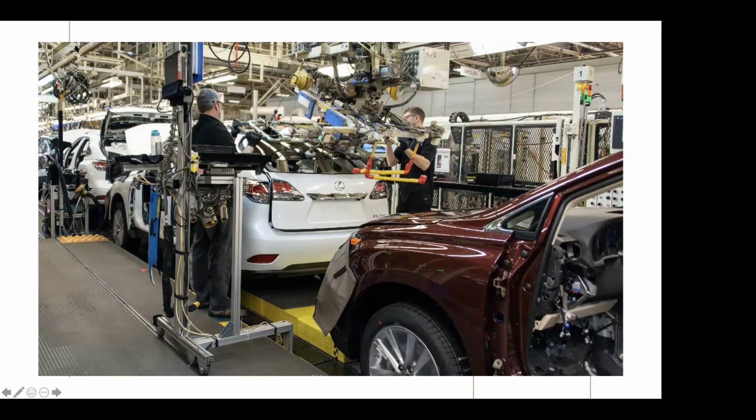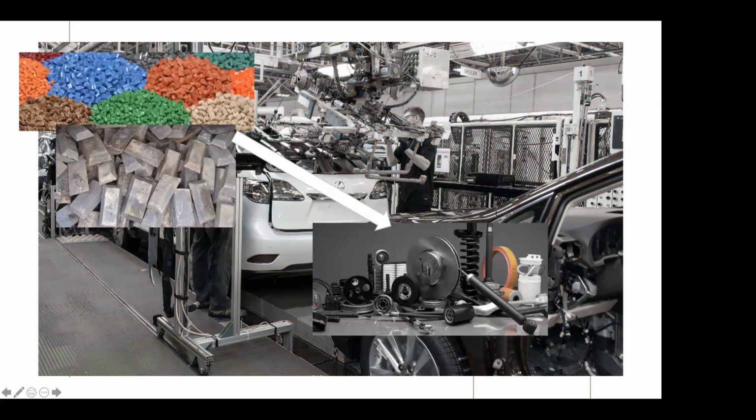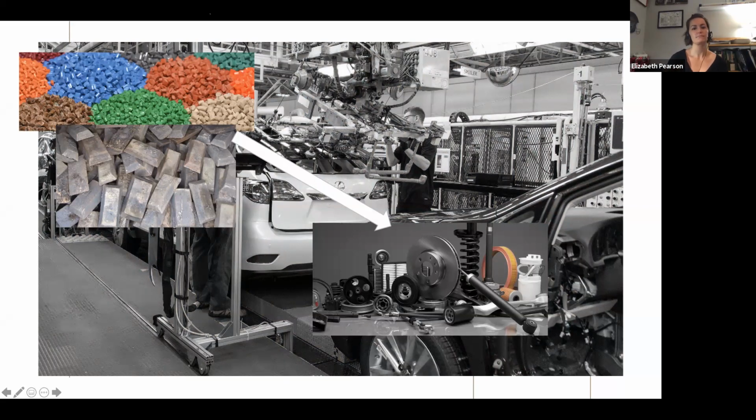And all of this stuff has to be able to work together. So if we break it down, so you can move it ahead, Elizabeth. The starting point is really materials. We work closely with the different stuff that you might think of as a raw material. We're concerned with how to get this stuff from its raw form into the actual, and since I'm using automotive as a case, I've put up pictures of automotive component parts, get things from one state, from let's say a raw state or maybe even an in-between state, into something that is usable and can be integrated into some larger whole, so to speak.